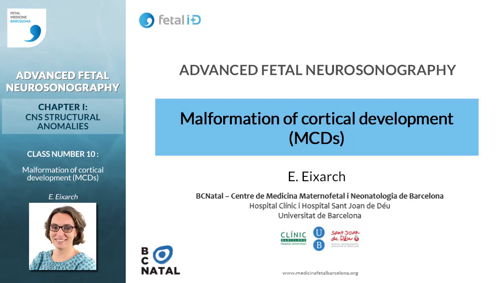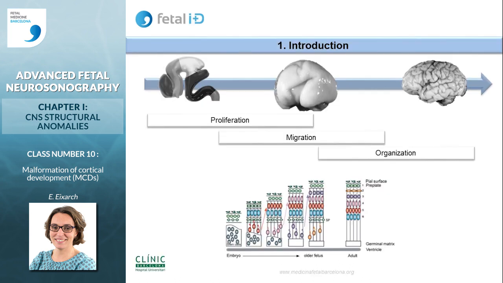In this class, we are going to talk about the malformations of cortical development, which are infrequent, but found in 25% of epileptic children and adults. Throughout the development of the central nervous system, we will find three overlapping phases: proliferation, migration, and organization. These three phases are produced since 7 weeks of gestation to achieve a correct development of the cortex with 6